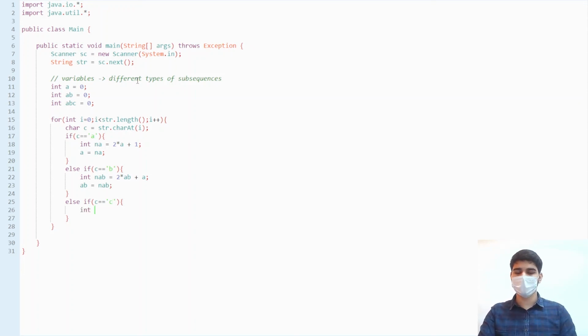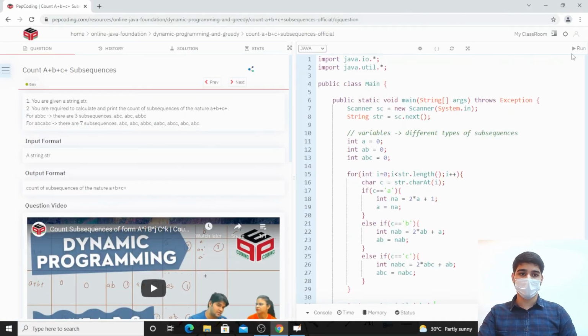In the third if else block, when I have character as c, I would calculate new a plus b plus c plus type of subsequences, which is new abc, which is 2 times abc plus ab, and then I would assign this value to the initial variable, which is abc. So new abc would be assigned to abc. At the end of this, as we discussed, our answer lies at abc. So I would get my total a plus b plus c plus subsequences in abc variable, and if I run this,